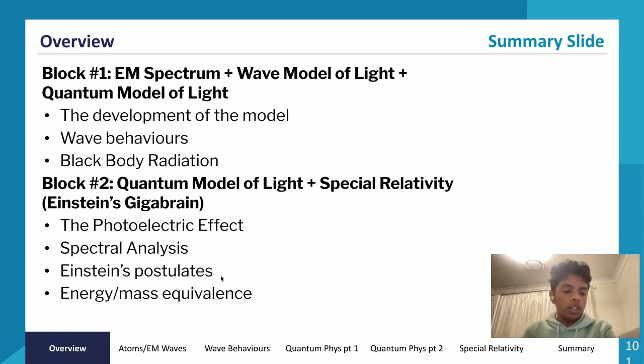Then we looked at spectral analysis and how we can analyze different things about stars using our understanding of photons and spectra. We then looked at Einstein's two postulates and special relativity along with that. And then finally, we touched on Einstein's energy mass equivalence. So a lot to cover in 2 hours, but I hope you guys have a general understanding of what happens. I know many of you might still be confused with special relativity. It is a very confusing concept to wrap your head around, but with an understanding of the thought experiments it will make a lot more sense.